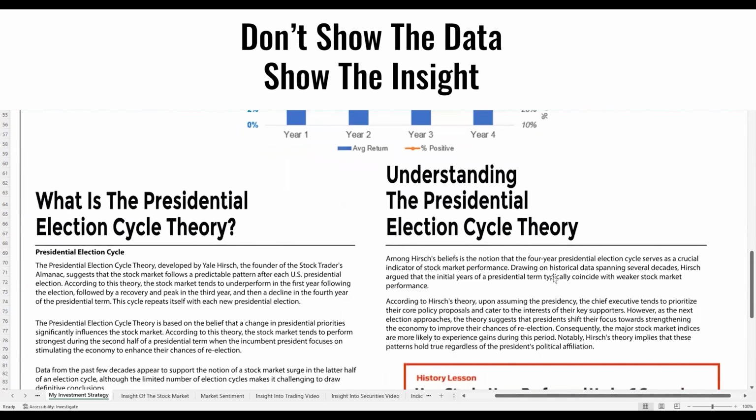Between 1933 and 2019, the stock market saw gains in 70% of the calendar years. However, during the third year of the presidential election cycle, the S&P experienced an annual increase 82% of the time, demonstrating a notable consistency. In comparison, both the first and second years of presidency yielded market gains 59% of the time.